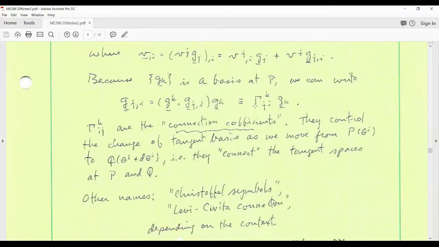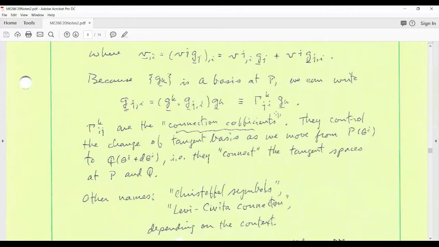These gammas are called the connection coefficients. The reason being, if you remember the subscripted G's, these are tangential to the coordinate curves. So we can think of these as a basis for the tangent space of our manifold at a particular point. This formula then, if we know the gammas, tells us how that tangent basis changes from point to point in space. So it effectively tells us how the tangent spaces are connected to each other at adjacent